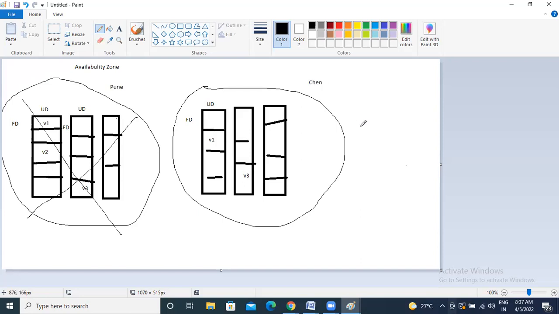Like now we have India, one region. India is one region. In that region, we have three data centers. One is Mumbai, one is Pune, one is Chennai. Same like that, if you talk about US,